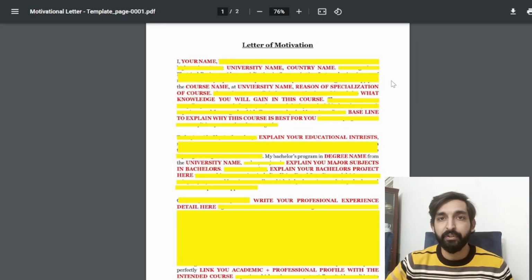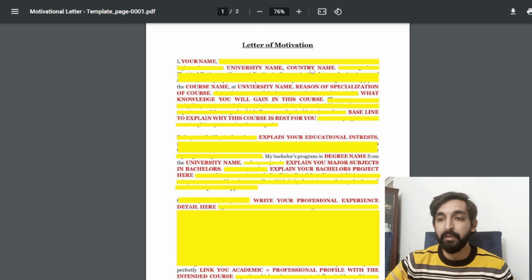So we will write a letter of motivation following the Aalto University guideline along with the general guidelines that I have mentioned earlier. Here I have created a draft template for you so that you can use this or get an idea of how to write an effective letter of motivation. I have marked the placeholders in red so that you can replace them with your own credentials, the course selection, the university, and your educational background. So let's start. First of all, you can start with your name